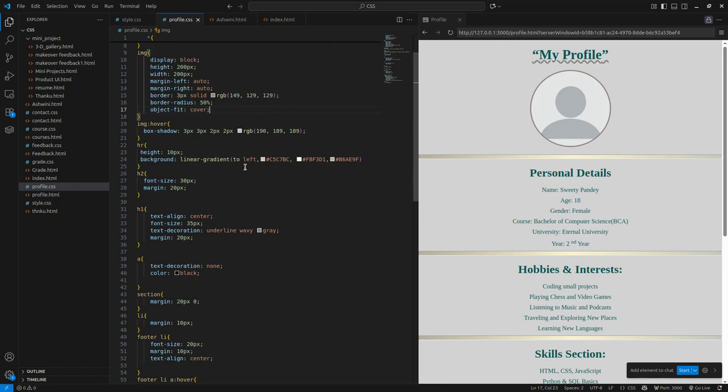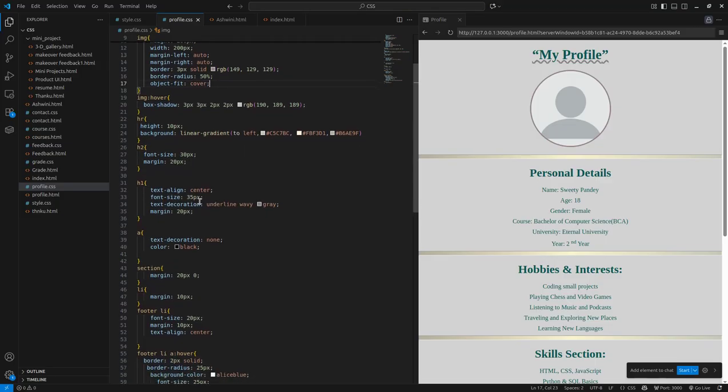Here, firstly we can write values like to left to right, or how many degrees we want for that color. So we can write to left to right, or like 130 degree, 30 degree, etc. By default its value is left to right, and then we can use colors by using commas.